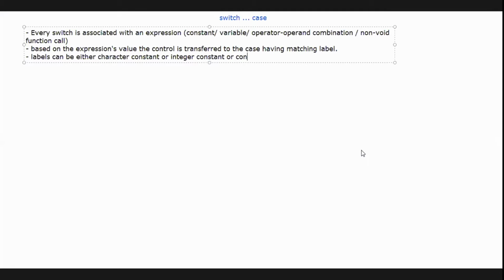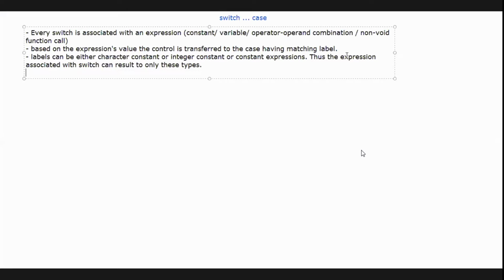or constant expressions. Okay, thus the expression associated with switch can result to only this type. It can be associated with only this type.